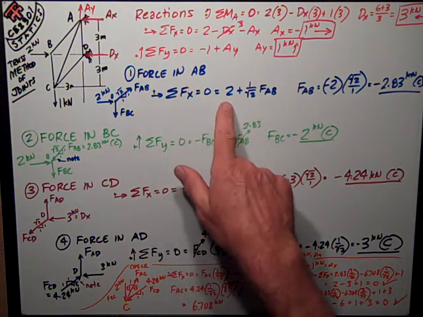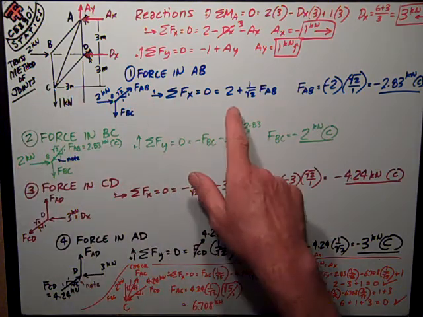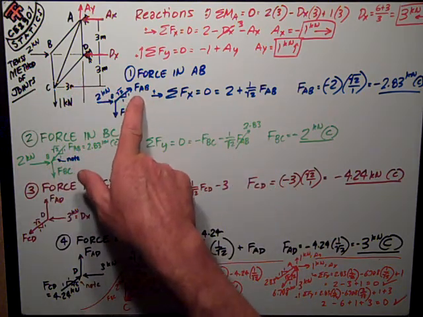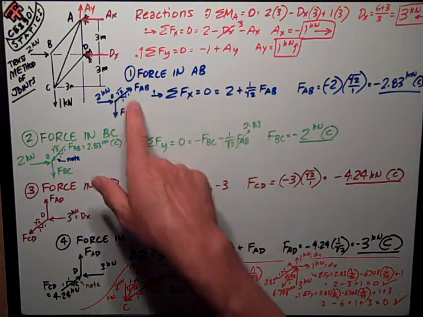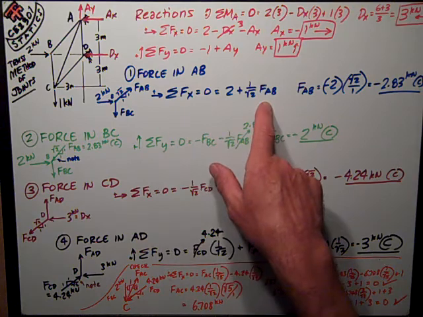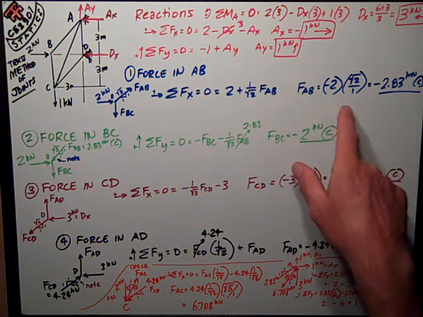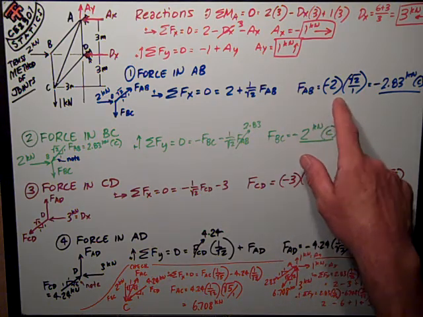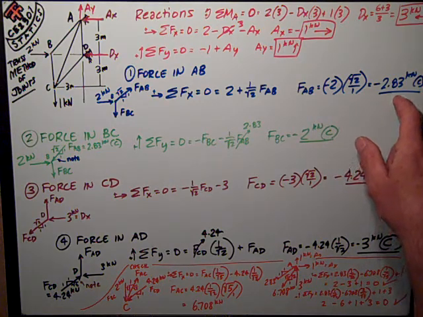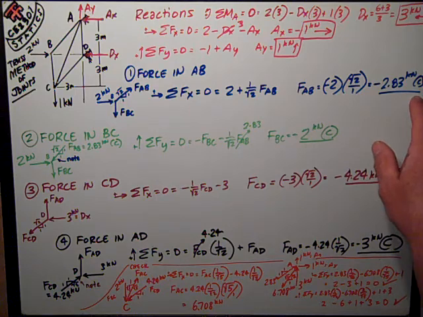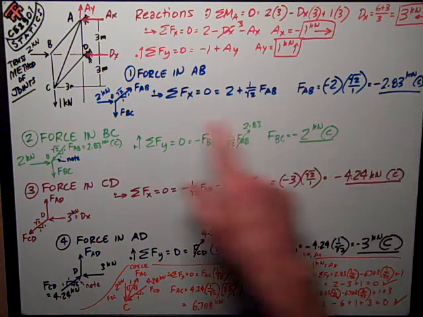So here's the numbers: 2 plus, because I've assumed FAB to the right, 1 over the square root of 2 times the force in FAB is the x component of it. FAB, just rearranging that equation, works out to be negative 2 times square root of 2 over 1, which is negative 2.83 kilonewtons. The negative sign means it's compression. So I need to reverse my arrow,